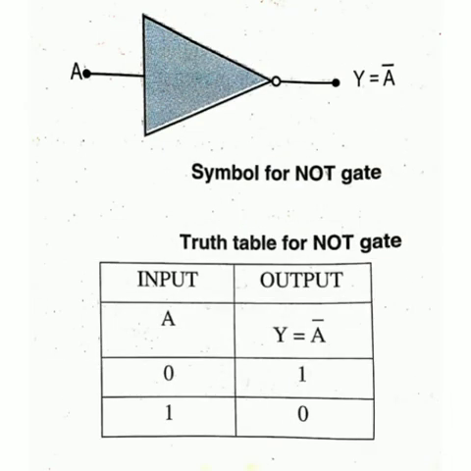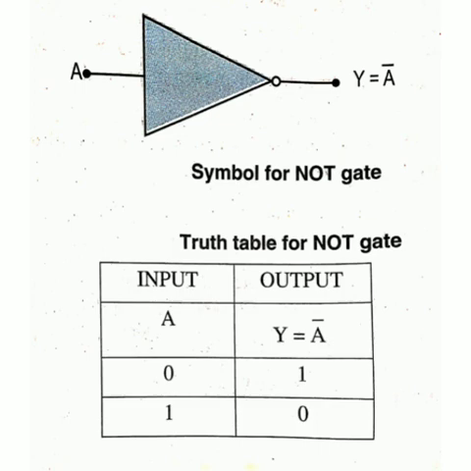It is an important gate in electronic circuits, having only one input and only one output. It produces high output when its input is low, and it produces low output when its input is high. That is, its output is NOT of the input, or the complement of the input. The NOT operation is indicated by drawing a bar over the variable. This is the symbol of the NOT gate, and this is the truth table of the NOT gate.